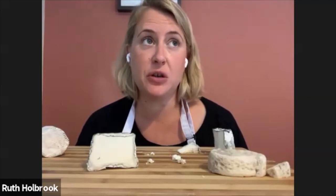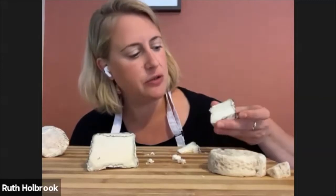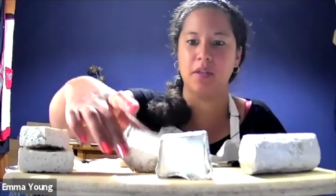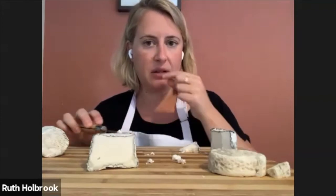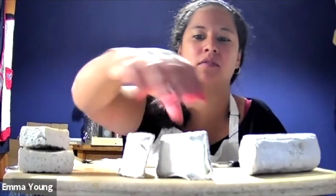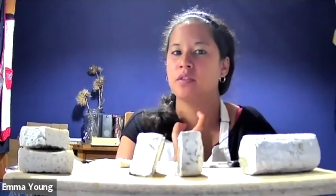Quite citrusy, quite salty, but the paste is really lovely and moussey. It's beautiful. The paste is really appealing, I think. Yeah. I don't know how this is sold. If it was sold in halves, it would sell really quickly. If you can see the middle, I think it's really appealing. I have got a tiny bit of bitter now, just on the back. Marginal, but